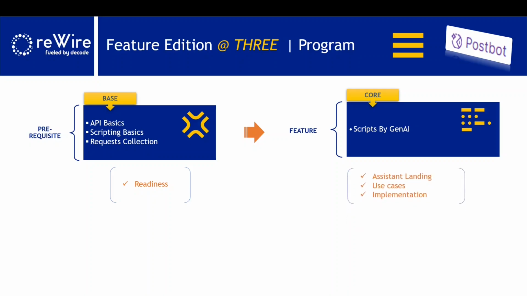It discusses assistant learning, from where we can invoke the assistant, and use cases. I'm going to give you a walkthrough with the implementation part. Okay, so that's about the core component, followed by